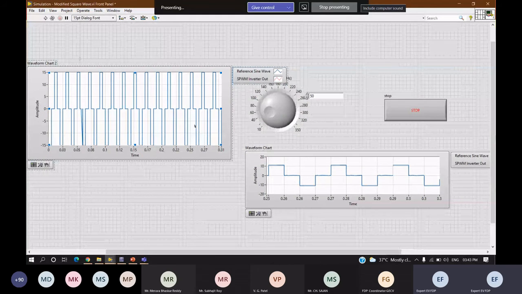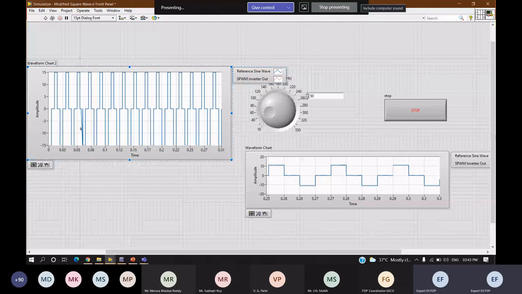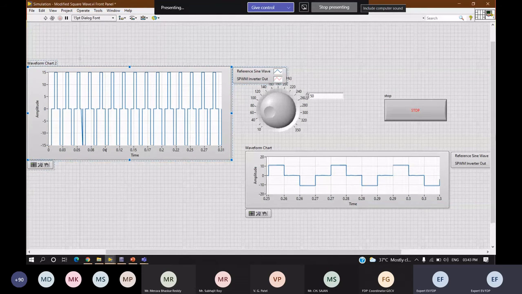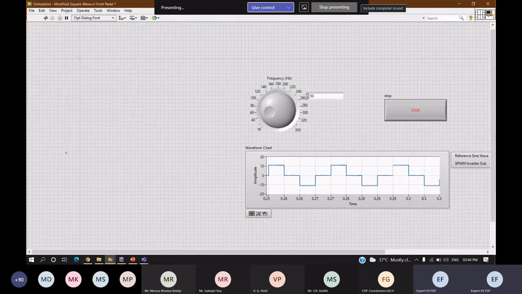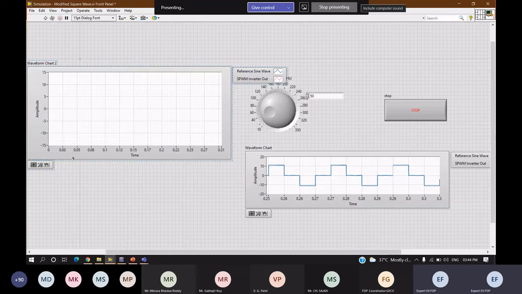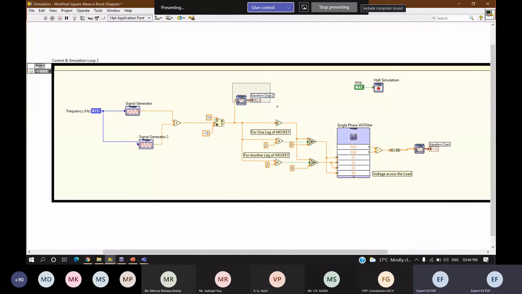We are providing this signal itself as a trigger, which means the trigger amplitude will vary. Now if we provide that as an input, I'll just delete this, it is not required. To display my input as well as output in a single waveform, here we have a build array. The use case of this build array is just to plot my input as well as output in a single waveform chart. That's it.